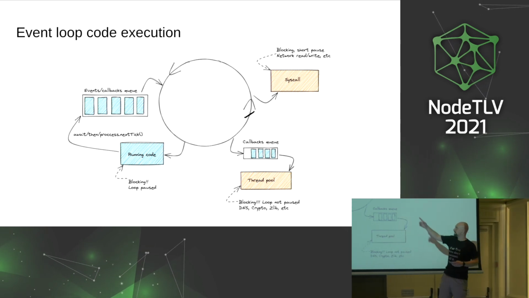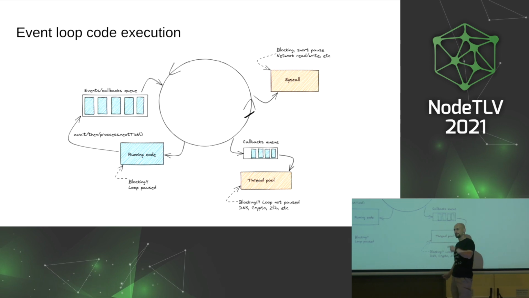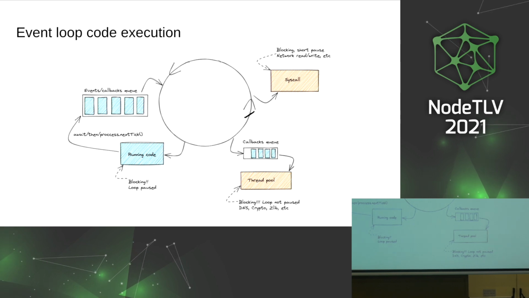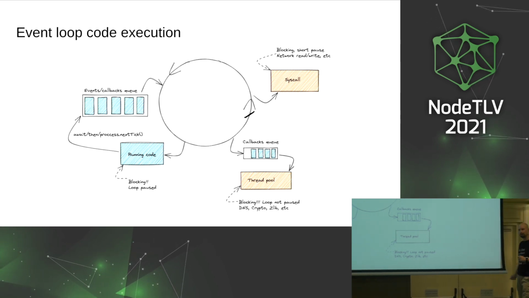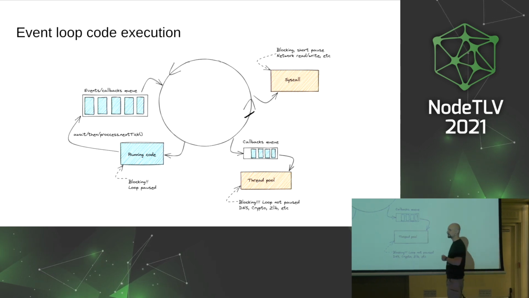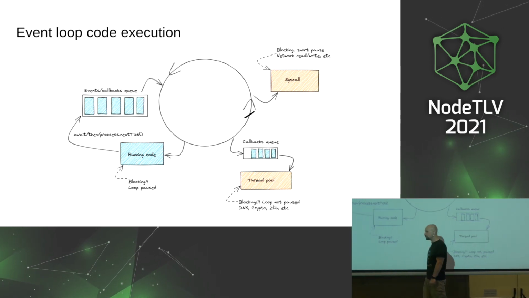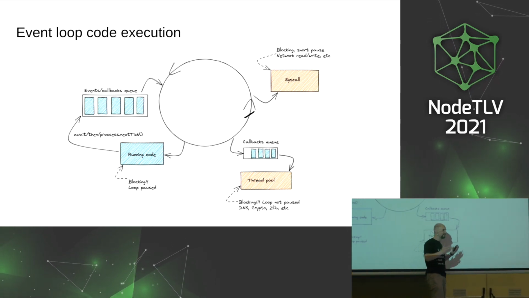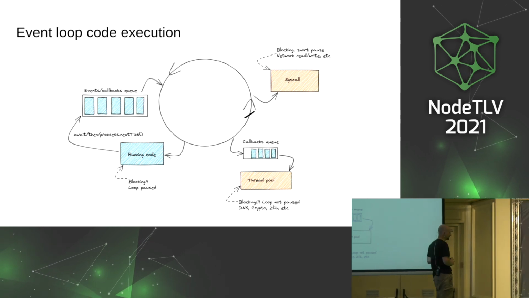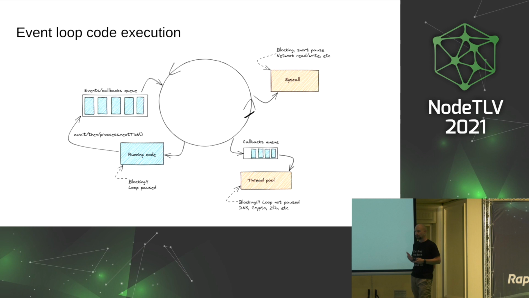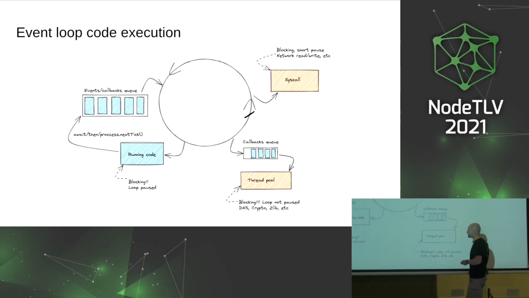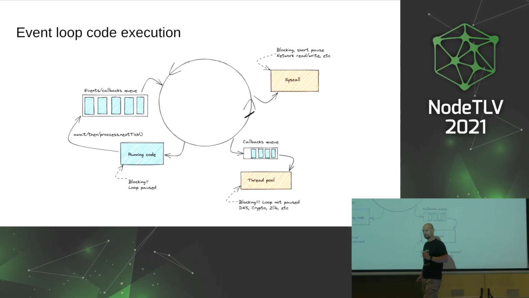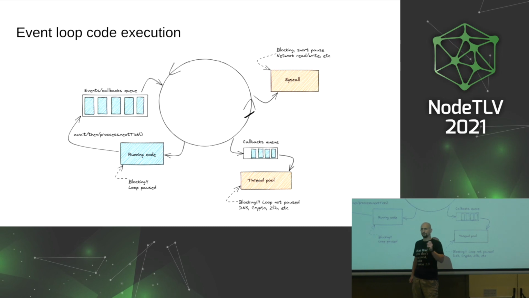This has a very dire implication. If you enqueue too many callbacks in this queue, let's say you have some loop or recursion that keeps generating more callbacks, you're going to starve the event loop, and it will not advance to the next phase, which basically means that it will never reach the point where it polls on sockets, for example, which means that you're not going to be accepting new HTTP requests, or you're not going to execute new HTTP calls to external servers, or you won't be able to send requests to Kafka, or whatever network communication that you're doing. You're basically going to starve the network phase of Node.js.